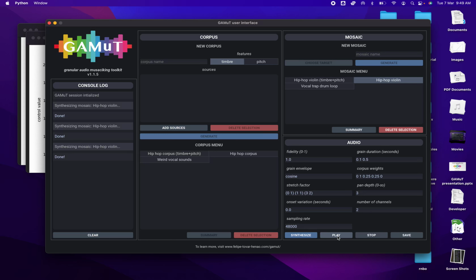As you can see, this format or this modality of using envelopes gives us a lot of control over the final result. I would encourage you to play with each of these parameters. We're going to take a look at them in more detail in future videos, but this is what I wanted to show you, and I hope you find it